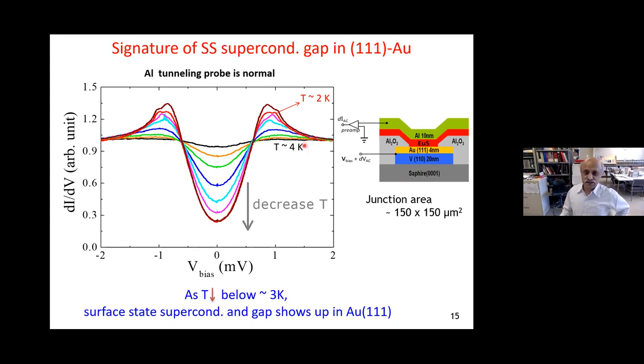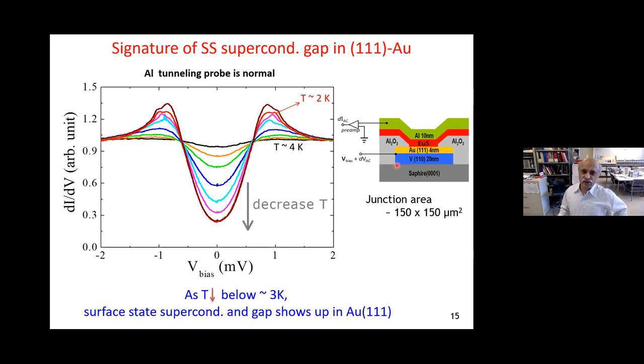Now, as you can see, as a function of temperature, at about 4 Kelvin, where the vanadium is superconducting, you can see the tunnel gap opening up here. As you cool down, the gap develops into a well-defined, coherent peak. As you go below 2 Kelvin, you can begin to see an additional step forming. Below about 3 Kelvin actually already. So you can see the additional peak forming.